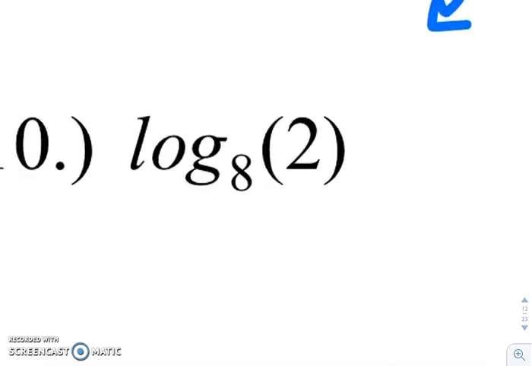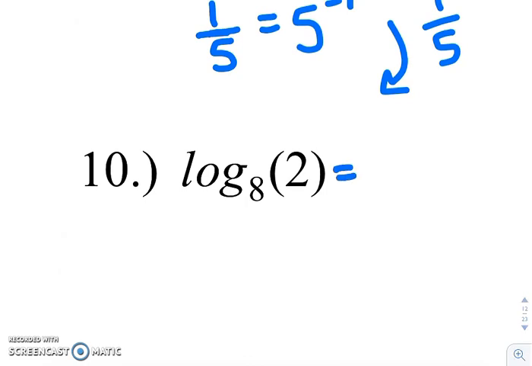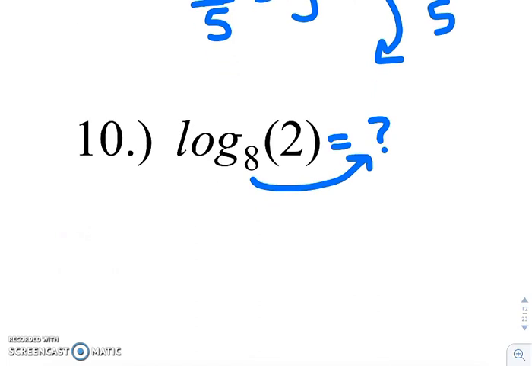Okay, how about log base 8 of 2? It's not a fraction, but we are going from a larger to a smaller number. We're trying to figure out 8 to what power gets us 2. So we have to think, how do 2 and 8 relate? Maybe you're thinking 2 times 4 equals 8, but we're trying to think of exponents here. Maybe we're thinking 2 to the third equals 8, but 8 to the third doesn't equal 2. If you're trying to go from a larger to a smaller,